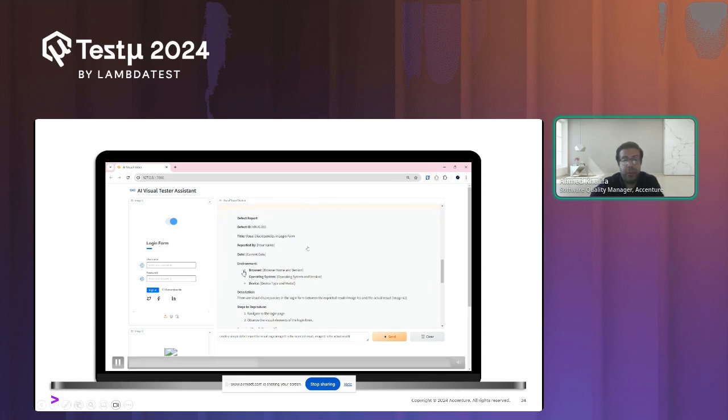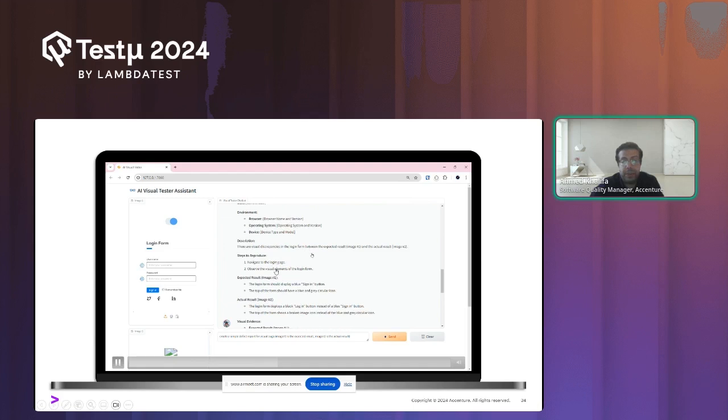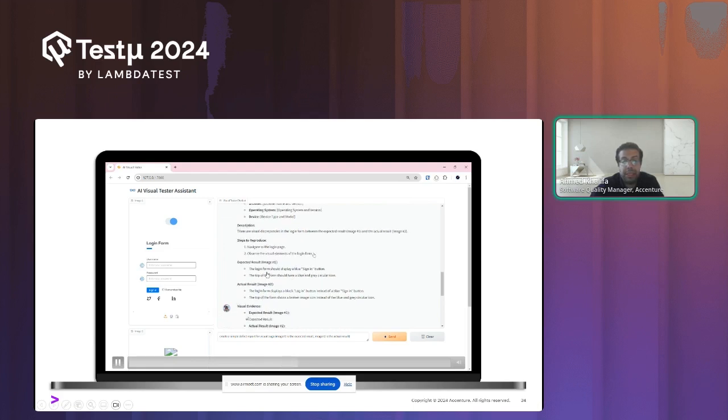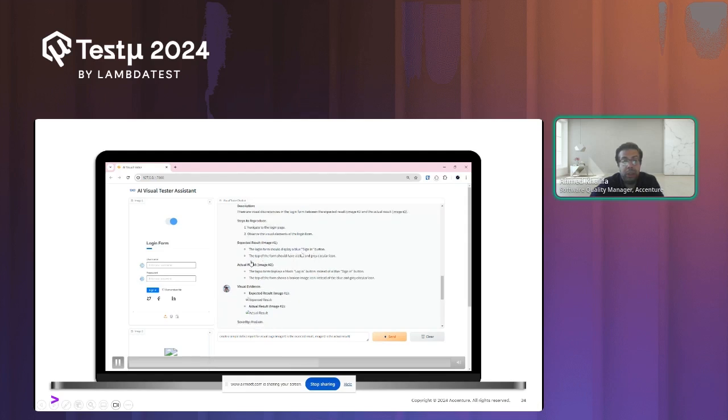It's able to identify the differences. Let's see, okay, these are the steps to reproduce. What is the expected result for image one? That the login should be displayed with a blue sign-in button, and also the top of the form should have a blue and gray circle icon. And this is the actual result.